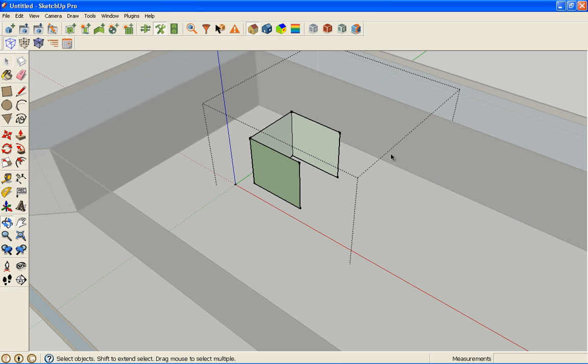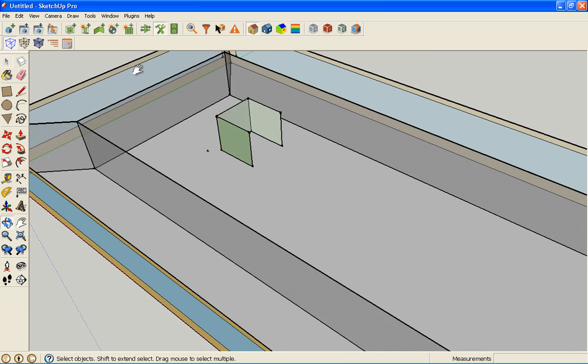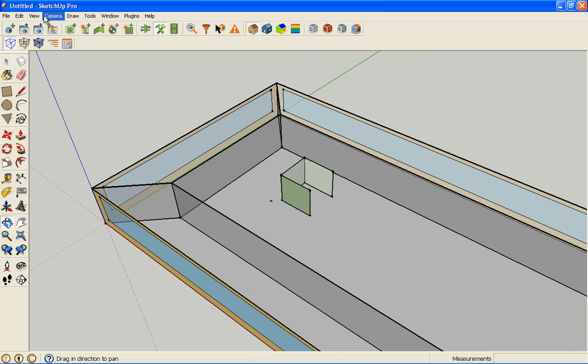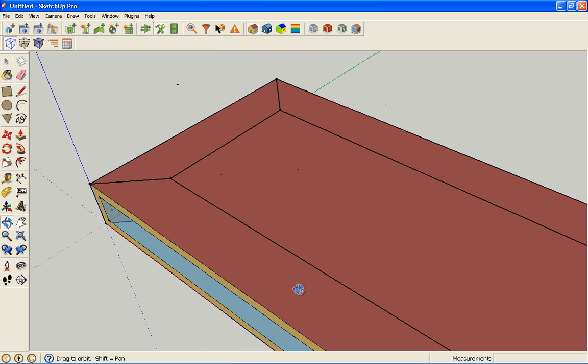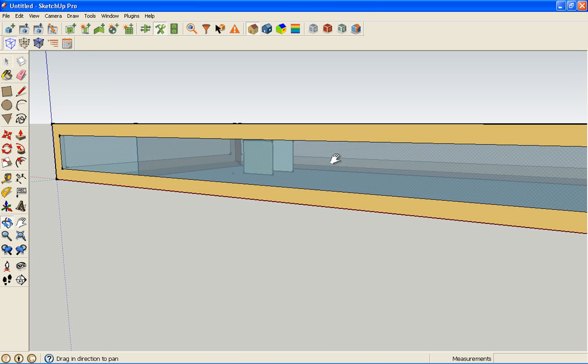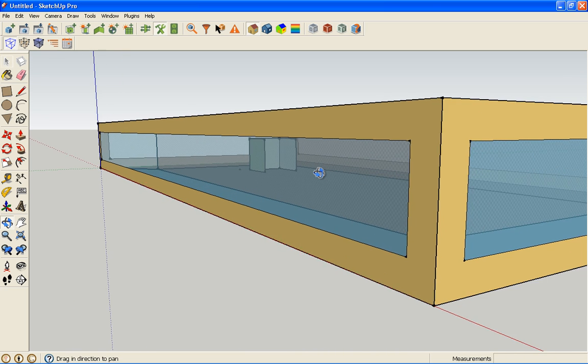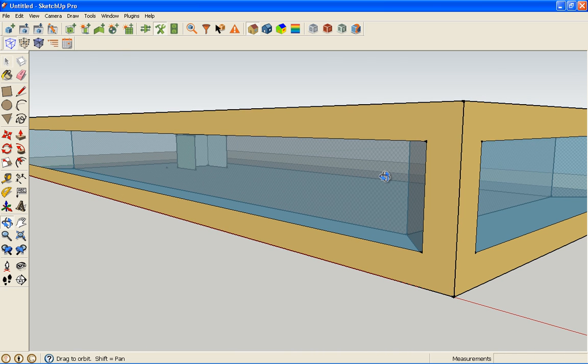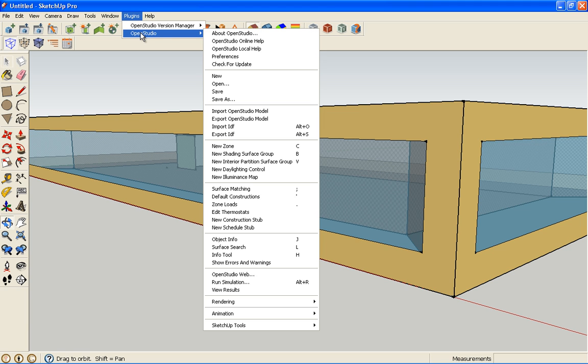And this brings up another good point here. I'm going to delete my section cut so we can see our whole building again. Let's turn it back on. So we've now added in objects here that are beyond what EnergyPlus can store in an IDF file. So in the new version of the plugin, you can export to an IDF or import an IDF. But our save format is now an OpenStudio model.